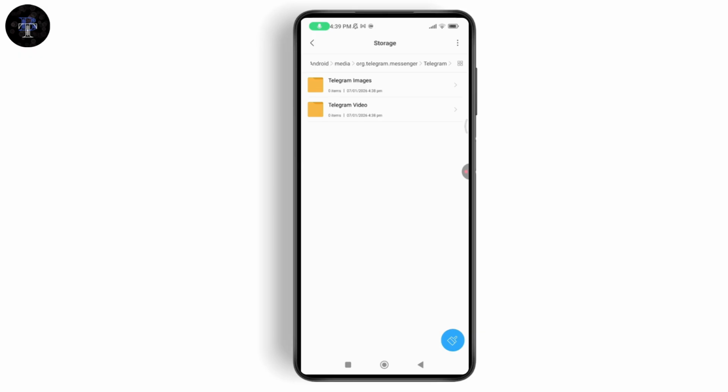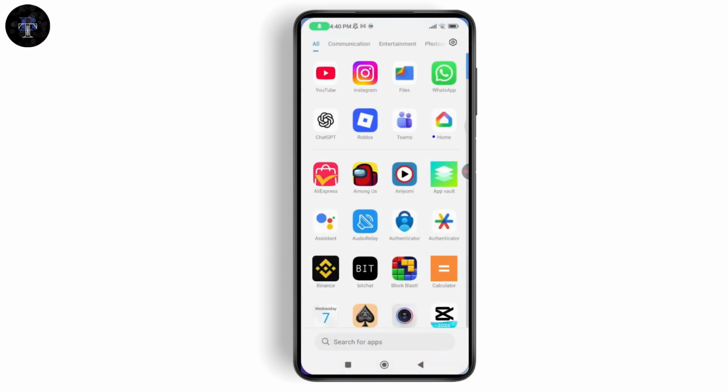However, if you want to recover the whole message, it is not possible using your phone. But if you are on your laptop, you can easily recover your messages. In order to do that, you can just simply go with your desktop. You can open up your Telegram on your desktop. After that, you can go with the chat that you want to recover or the chat that you don't want to be deleted. You just need to simply follow some steps in case it gets deleted accidentally and you want